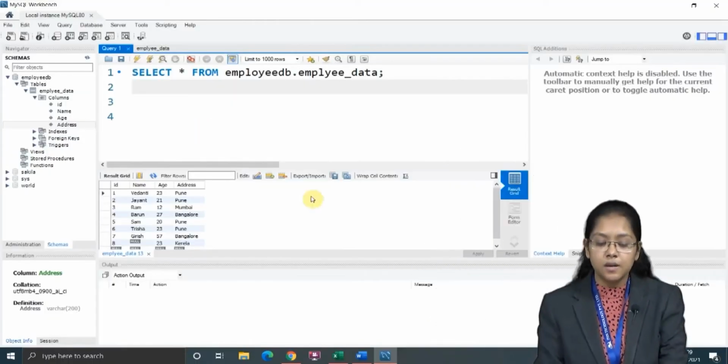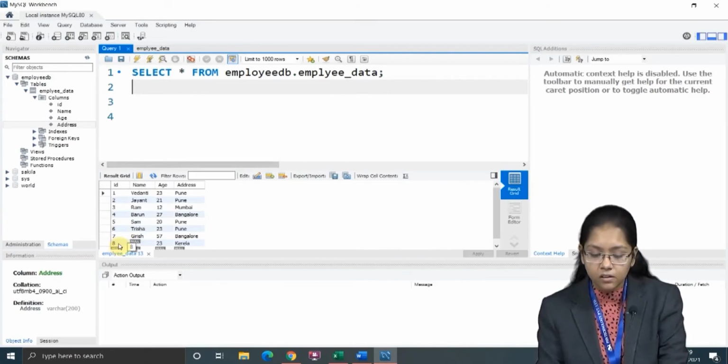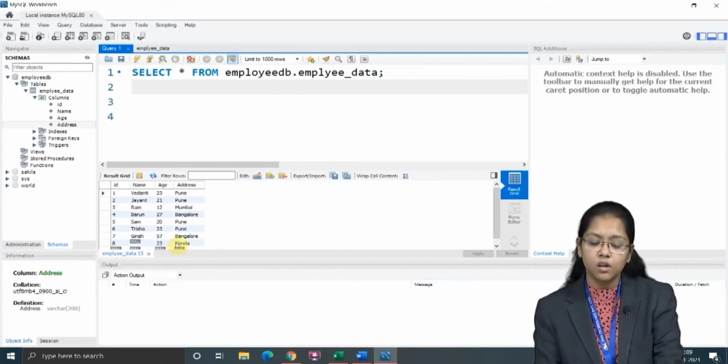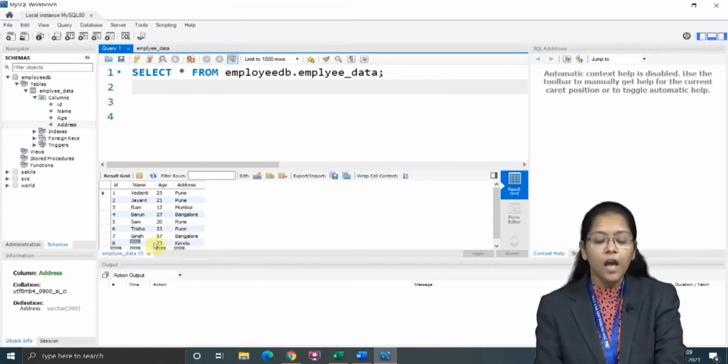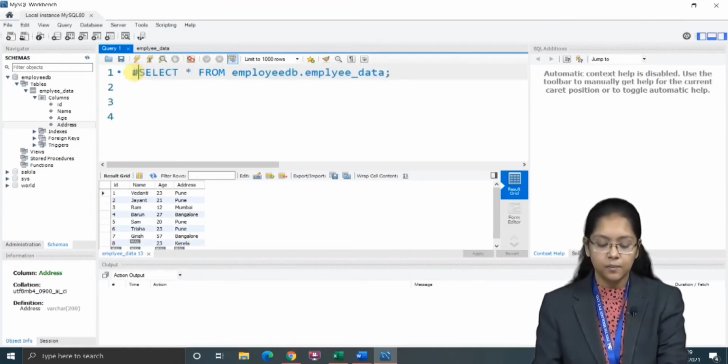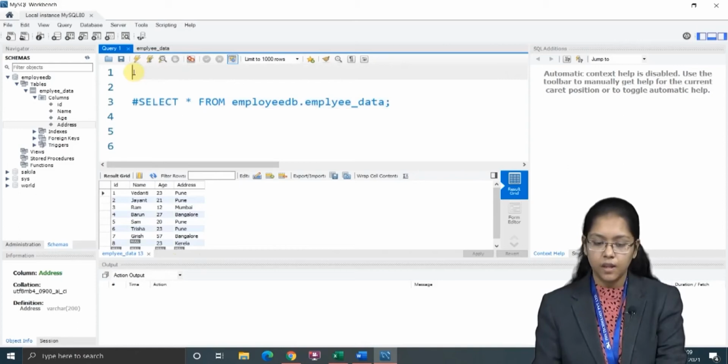Now this is our particular table. What I want is the row with ID 8, where the name is null. I don't want this particular row, I want to delete it because the row is not proper. Then how can we do this? Here in this select command I will just comment this out. Now what is the syntax? Delete